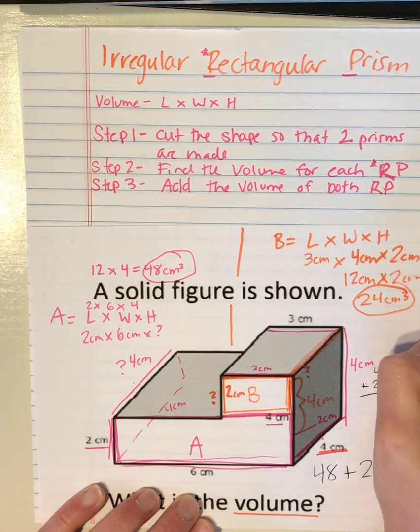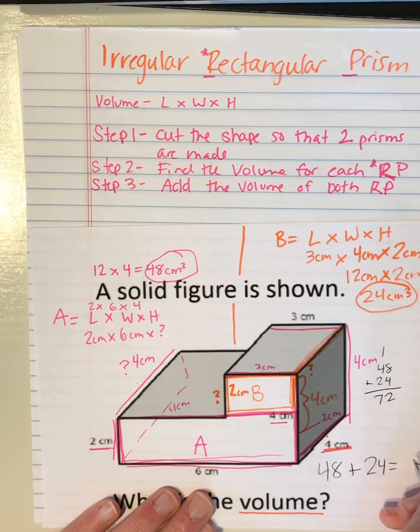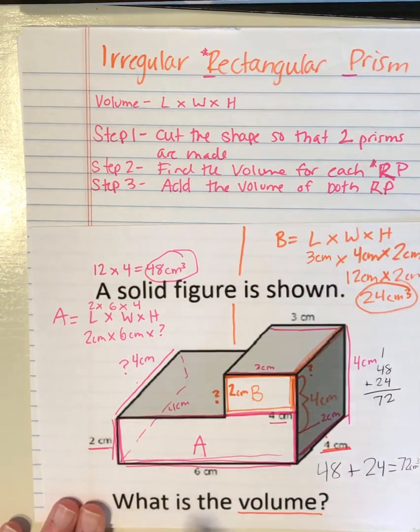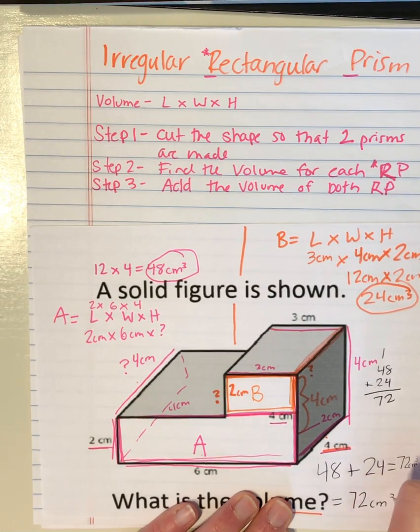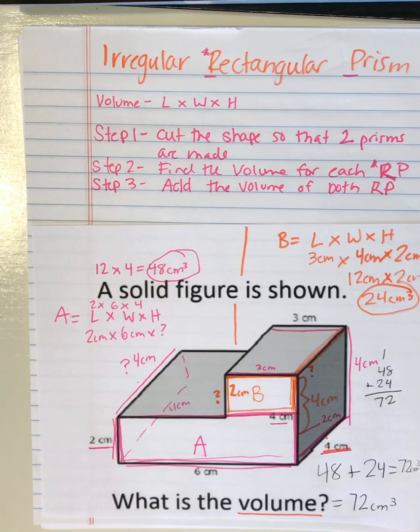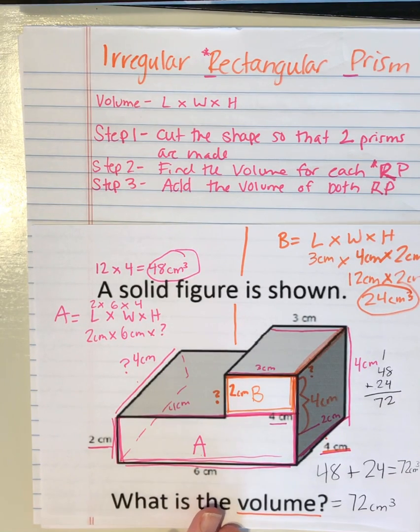8 plus 4, 8, 9, 10, 11, 12. 4, 5, 6, 7. So my total volume is 72 centimeters cubed. So it says, what is the total volume? 72 centimeters cubed. So this is the first time we are doing irregular shapes, so I do have another problem